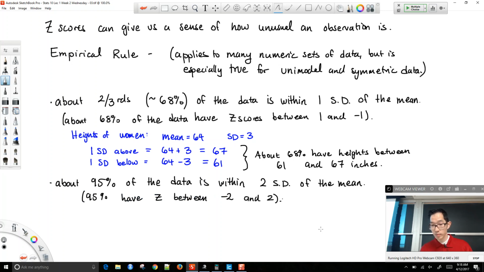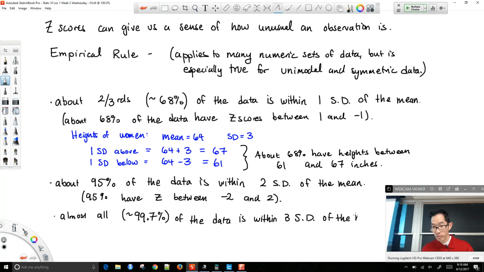Okay. And then the last part is almost all. So about 99.7%. So this is almost everybody, almost all of the data is within 3 standard deviations of the mean. So we say almost all have z's